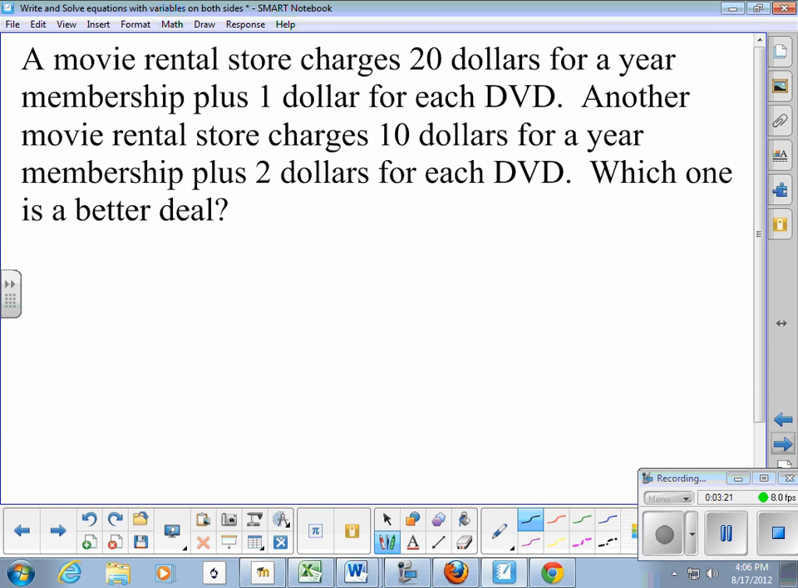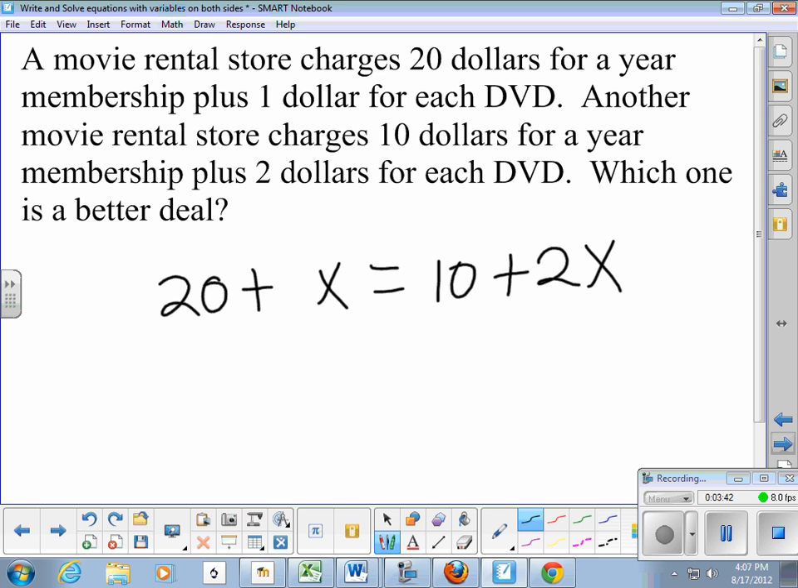So let's look at the first situation. $20 plus $1 for each DVD. I don't need to write that 1 because multiplying by 1 doesn't change anything. At some point that will be equal to $10 plus $2 for each DVD. I'm going to leave the larger one where it is. I'm going to subtract the smaller one. If I subtract from the left, I have to subtract from the right so that it will still be equal. So don't forget,